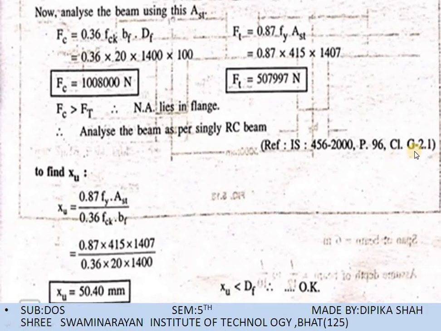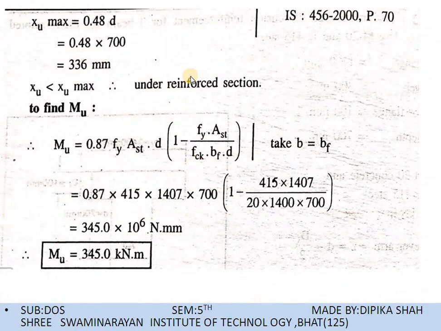ठीक है, तो सबसे पहले क्या करेंगे, उसके लिए XU फाइंड आउट करेंगे। सो XU हमारा जो है उसका इक्वेशन है 0.87 FY इंटू AST अपॉन 0.36 FCK इंटू BF। ठीक है, ये इक्वेशन पे से हम लोग क्या करेंगे, XU फाइंड आउट करेंगे और देखेंगे कि XU लेस देन DF है कि नहीं। ठीक है, यहाँ पे XU लेस देन DF आ रहा है, मतलब कि ये ओके है। अब हम लोग क्या करेंगे, XU max फाइंड आउट करेंगे।